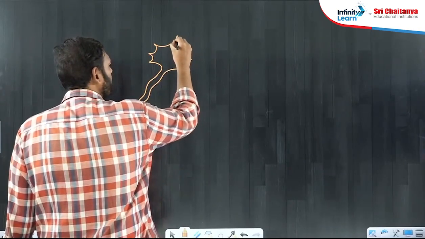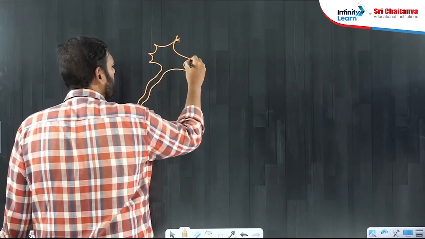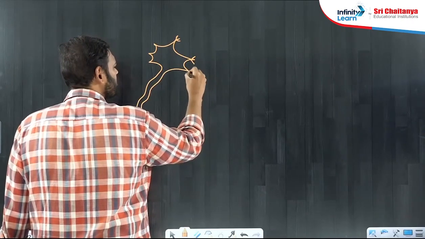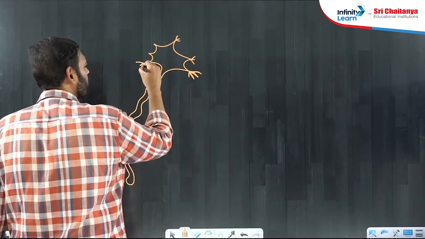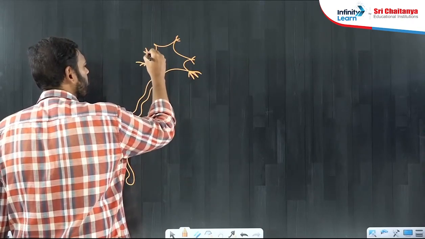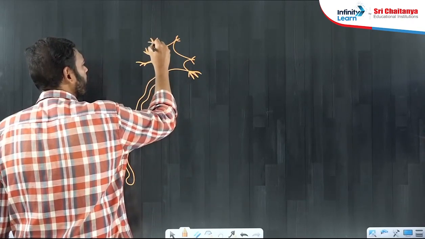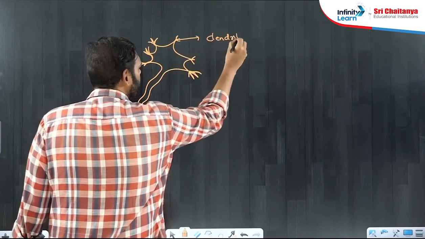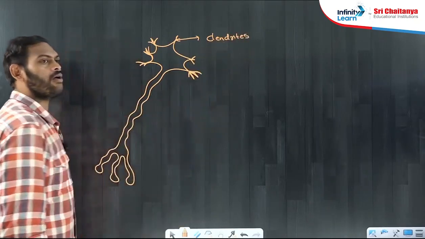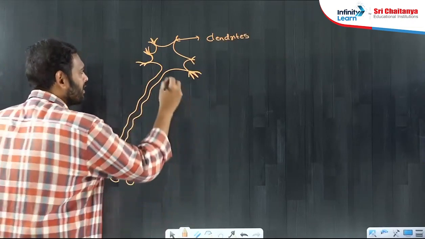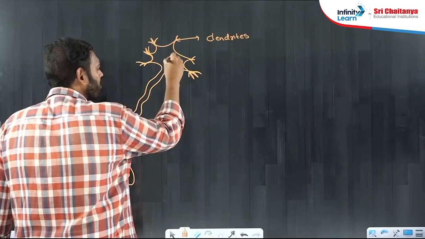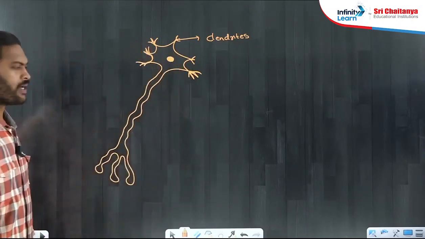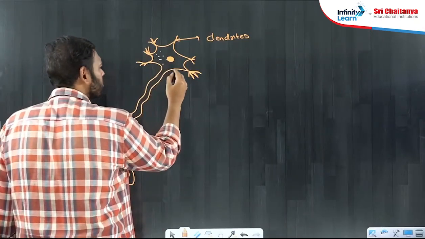So this cell body has tiny hair-like structures with which it actually receives impulses. These extensions of cell membrane of cell body, we call them as dendrites. Dendro means branches. And it consists of a single nucleus at the center. There was dense cytoplasm,